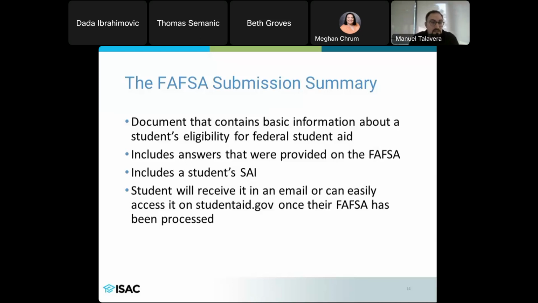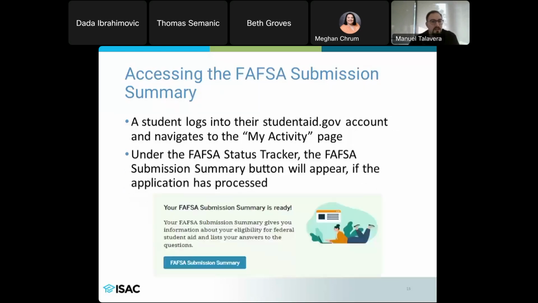The students are going to receive that by email, or if there is an issue with their processing and they couldn't send it via email, they will receive it via mail. But keep in mind, anytime that happens with mail, it does take additional time to process, but it's going to come via email. And what we've also seen is students receiving just flat out wrong